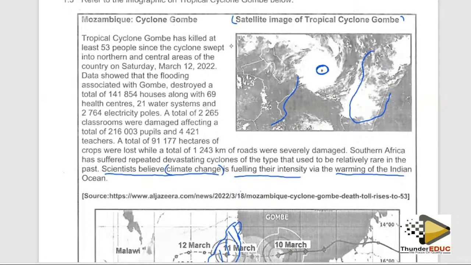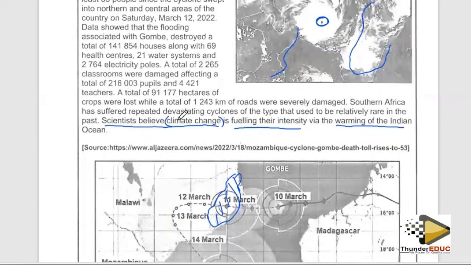Let us continue. A total of 2 classrooms were damaged, affecting pupils and teachers. Hectares of crops were lost. Roads were severely damaged. Southern Africa has suffered repeated devastating cyclones of that type, which used to be relatively rare in the past. Scientists believe climate change is responsible for the intensity of the cyclone, right? However, here they don't mention the other elements, but if we check